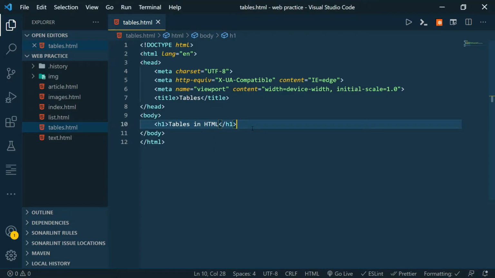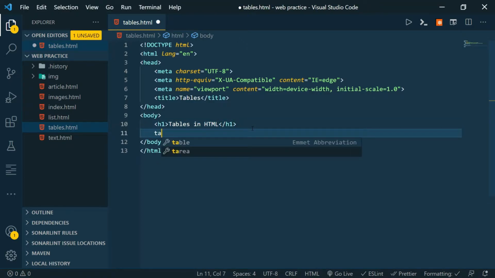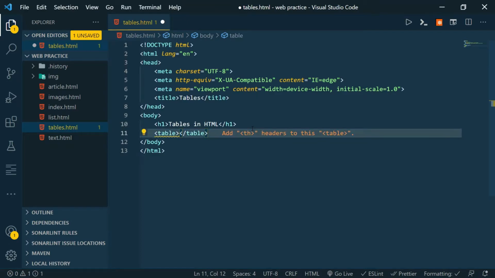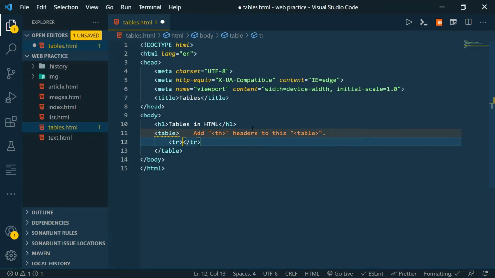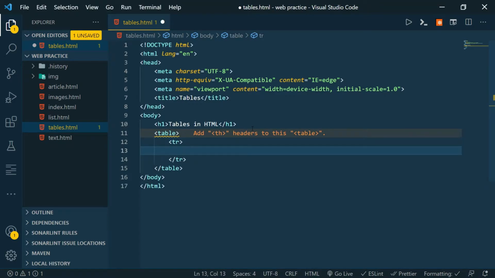So we can simply create tables by using the table tag. It is a semantic tag, that is the browser also knows that here is a table and it treats this as a table. After opening the table tag, you need to add a tr tag to create a row. The tr tag creates a row, that is table row, and inside a row we need to add table data, that is with the td tag, and we can write anything in table data.